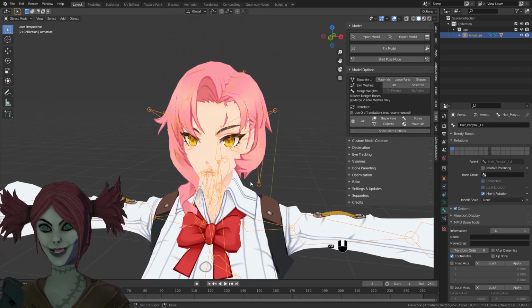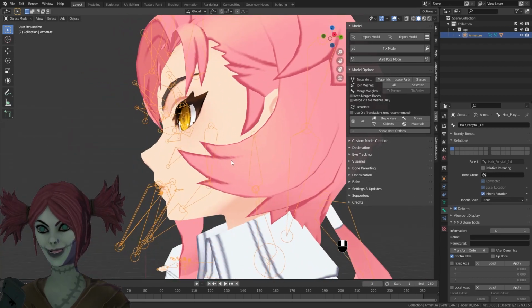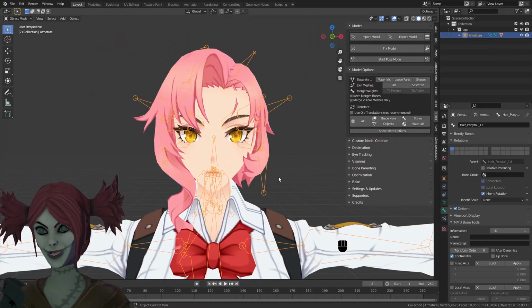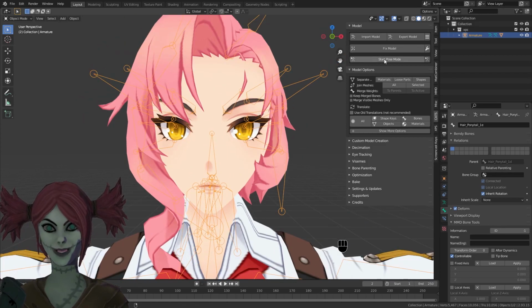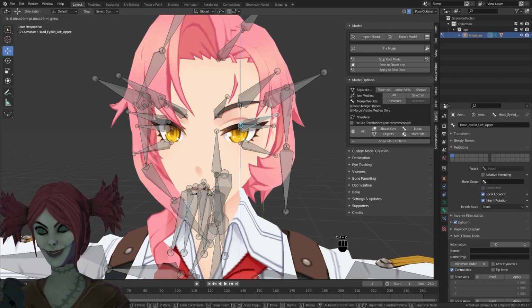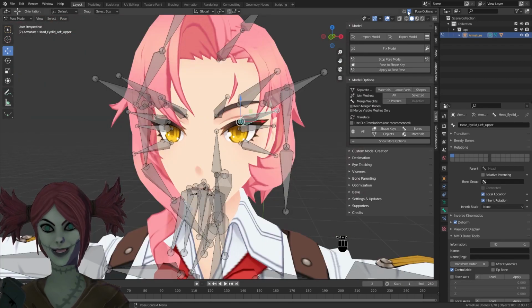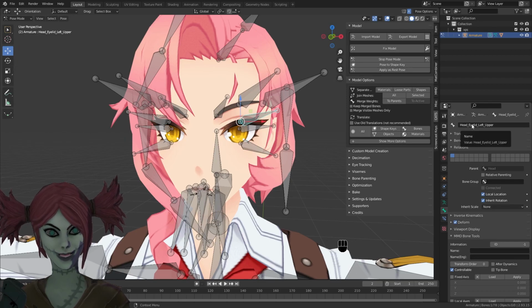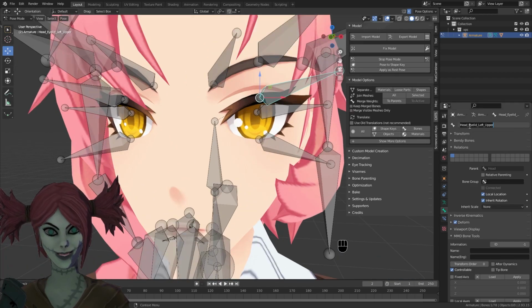We have all of these eye bones that we are probably not going to use. Let's do facial tracking. All right, so we'll pose, we'll grab this eye. Is this a, no, this is an up and down. So it looks like the x-axis isn't working. So let's see, eyelid left upper. So let's do